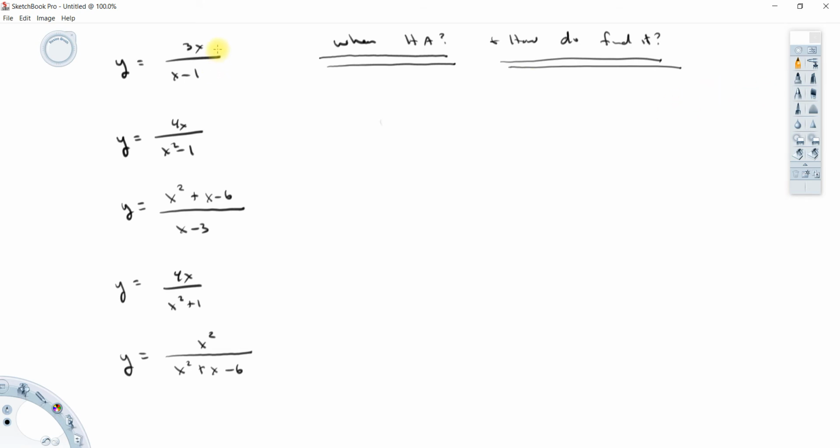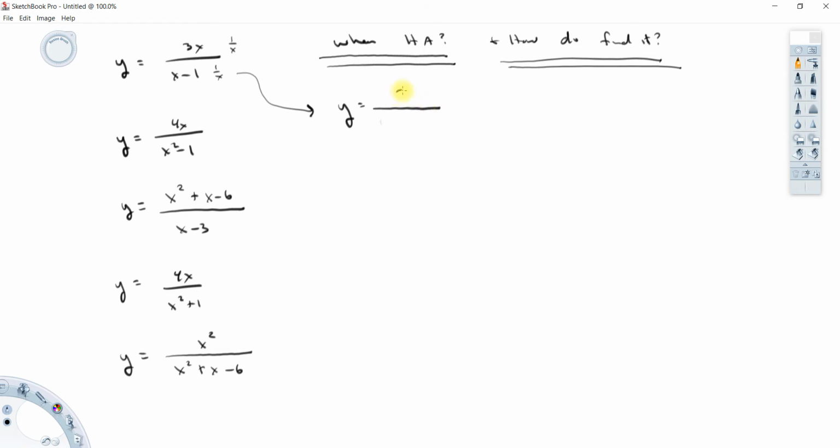So we're going to take a look at this first one right here, y equals 3x over x minus 1. Now notice that the power up here is 3x to the first power. Power on the bottom is x to the first power. So this function, when x gets really big, is going to level off to some constant. So as far as finding that constant, I'm going to do a little mathematical trick here. If you multiply the top of this by 1 over x and the bottom by 1 over x,